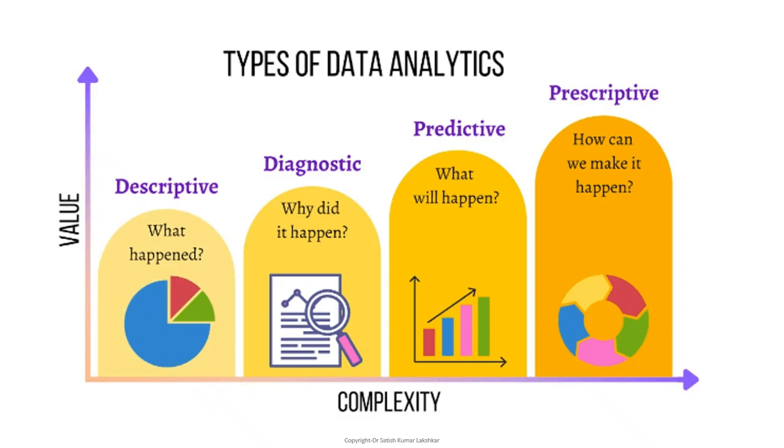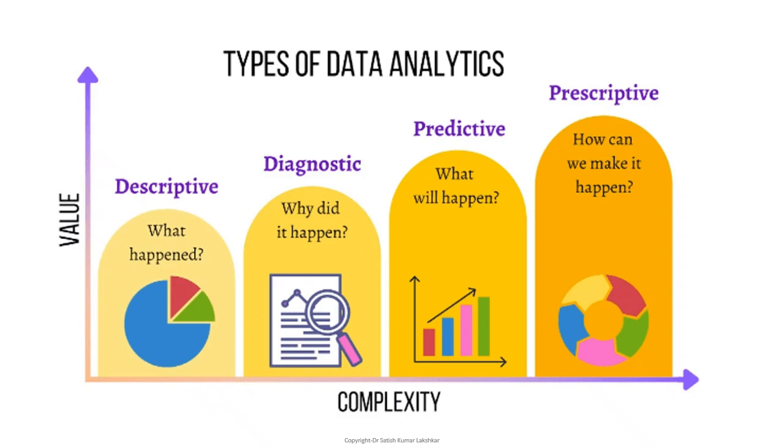Third is predictive, what will happen given the scenario, what is happening at the present time. We try to predict what could happen if the same thing keeps on going, what is going to happen in the future. And on the basis of these three factors, descriptive, diagnostic, predictive, the fourth is prescriptive. Let's again take the example of the doctor and the patient. Seeing the medical history of the patient and the past experience of the patient, the doctor tries to give some prescription. So the same thing, it is like prescriptive.